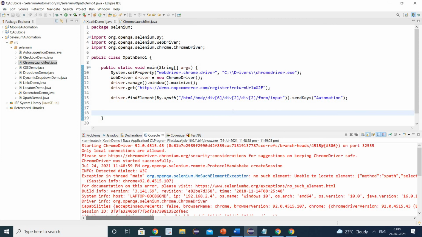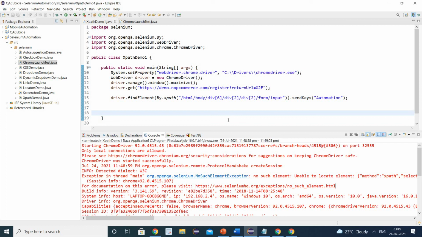I hope you got the point here. We are not using the absolute XPath because when the developer makes any minor changes in the HTML DOM, our automation script will not find that particular web element and will start failing. So that's why it is not recommended to use the absolute XPath which we get from the browsers.